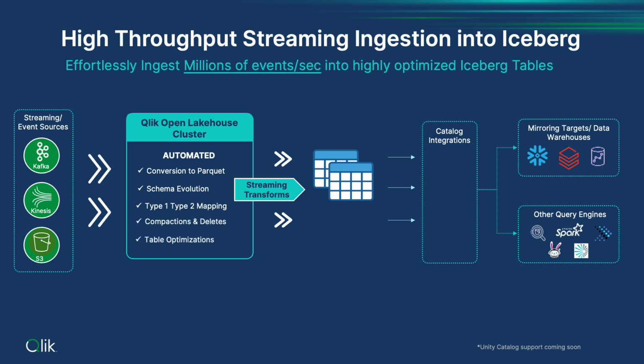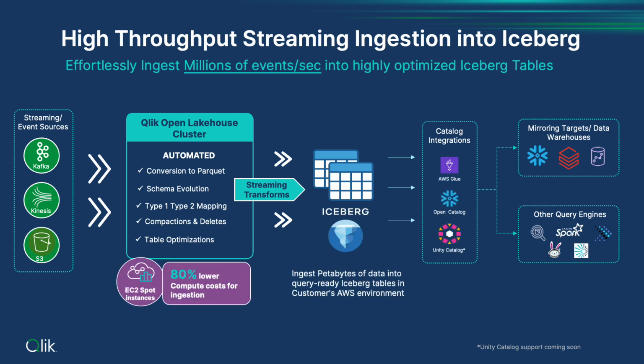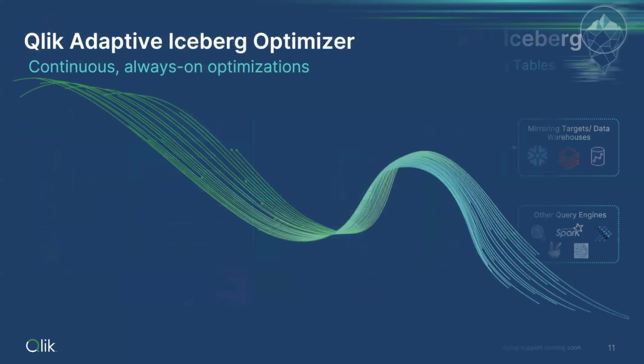And compactions, deletes, and table optimizations, this is often referred to as the secret sauce within Open Lakehouse that makes Iceberg function at scale. So we automatically perform the various types of table optimizations needed when streaming into Iceberg so that your Iceberg table performs well when the data is being consumed and that Iceberg table uses an efficient amount of storage within your data architecture. And I guess that's a big value that the Qlik Open Lakehouse brings to the table, right? That optimization. Exactly, huge value.